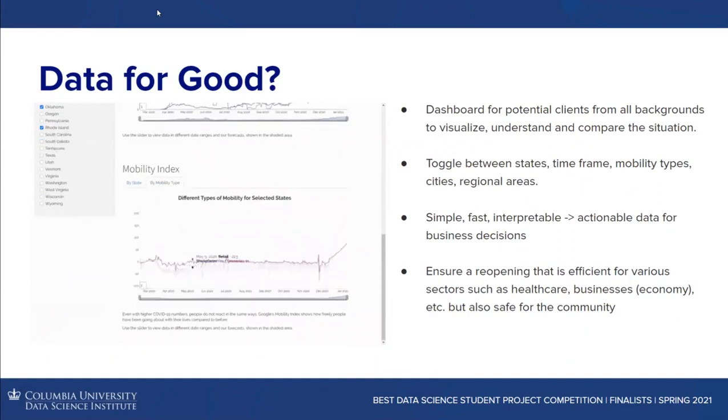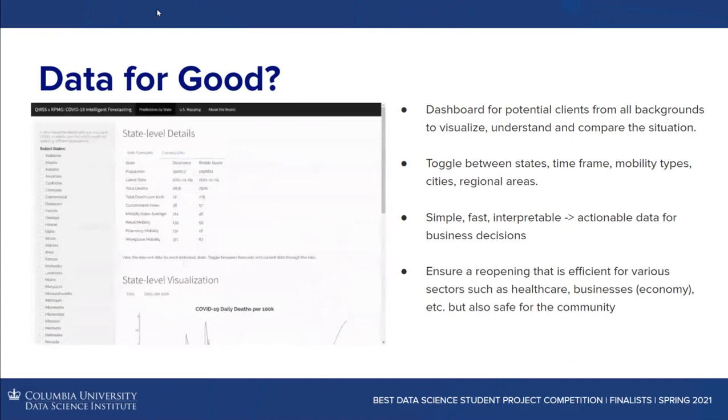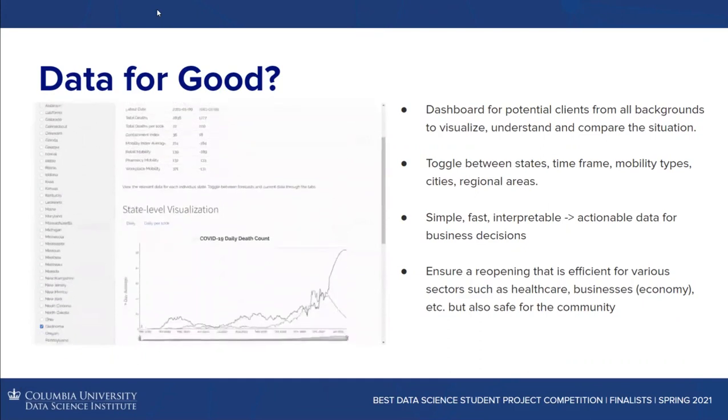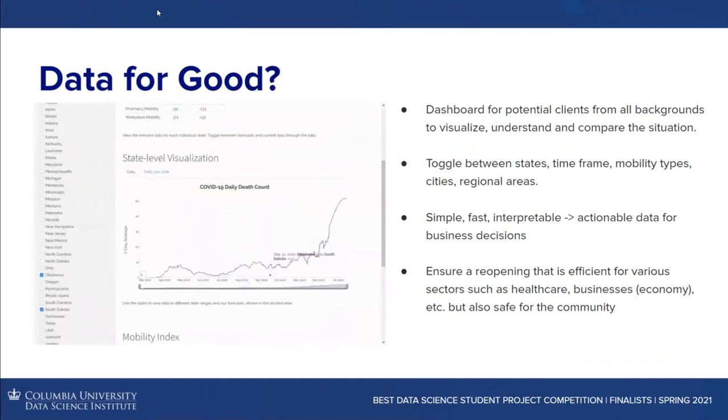In addition, the dashboard is especially useful, as you can see here, when comparing between states. Imagine you're a potential client with businesses and outlets in several parts of the US. So with this graph, you can select different states to view and compare the historical, current, and predicted situation. It can thus help you make a decision on where you want to continue, cease, or perhaps increase operations.